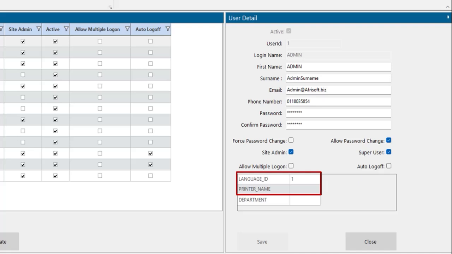The printer name is the default printer for that user. This is required if printing is done to default user printers, and you should be given this information before creating a new user. If there are additional columns added to the user table in the TransLution Utility Control database and